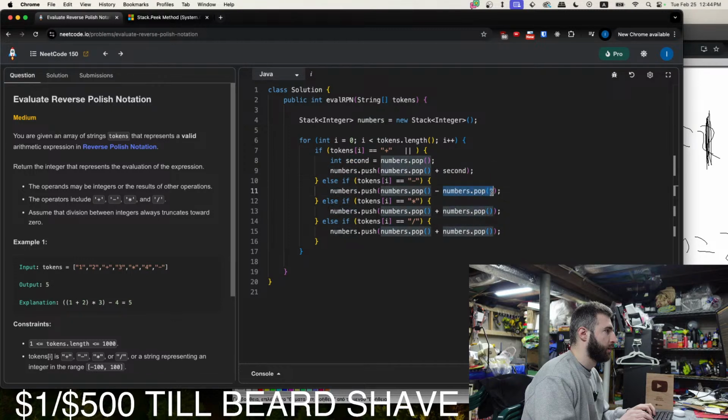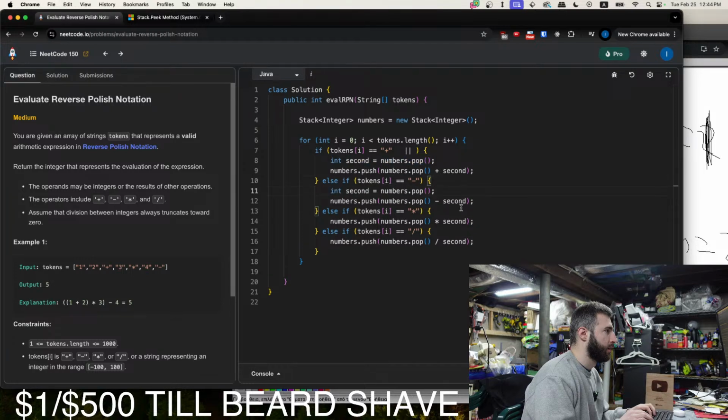All right. This needs to be multiplication. This needs to be division. And I need to copy this over. And remove this. Cool. So that should be the logic for when we come across a plus operator.